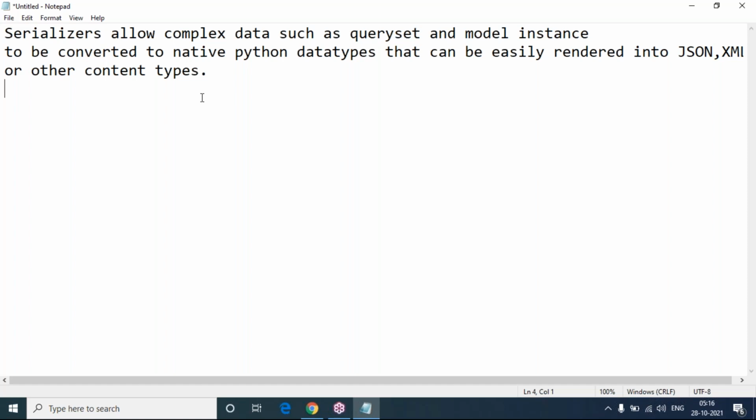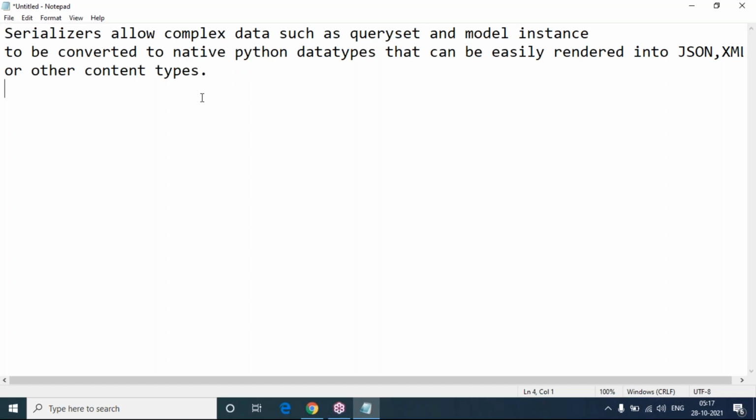Serializers allow for doing serialization. Who is responsible for serialization? Serializers are going to take responsibility to do serialization. And deserialization means what? Simple. You are going to convert from JSON or XML data into your model instances or query set object references. That is deserialization. Both are there.